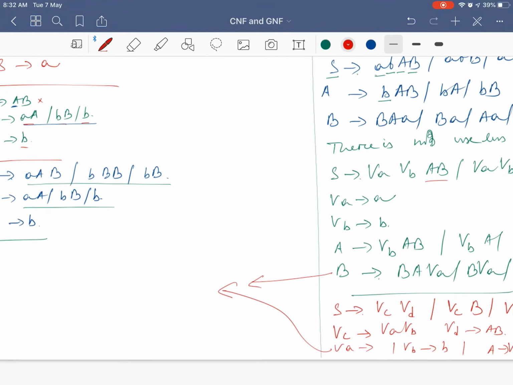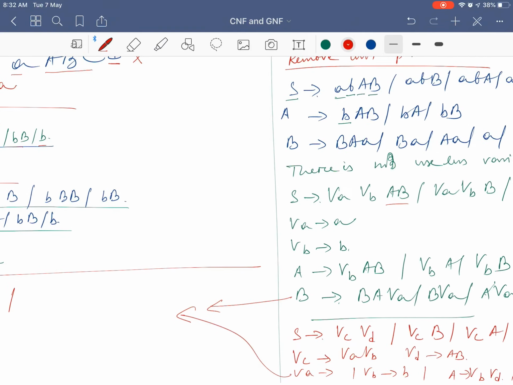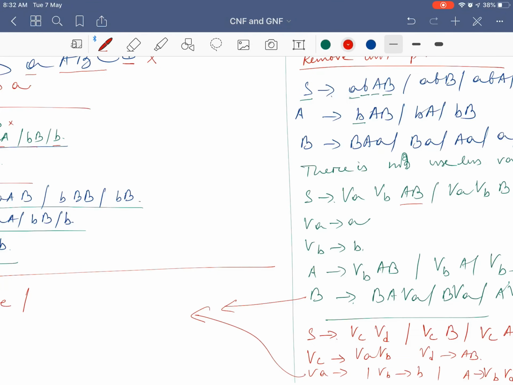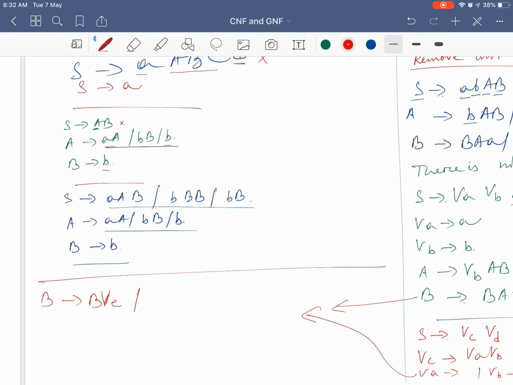This one, for this one what I am doing, that B2 BAVA. So for BAVA I can take AVA equal to VE. So I am taking this one as VE. Then BVA, I am taking as